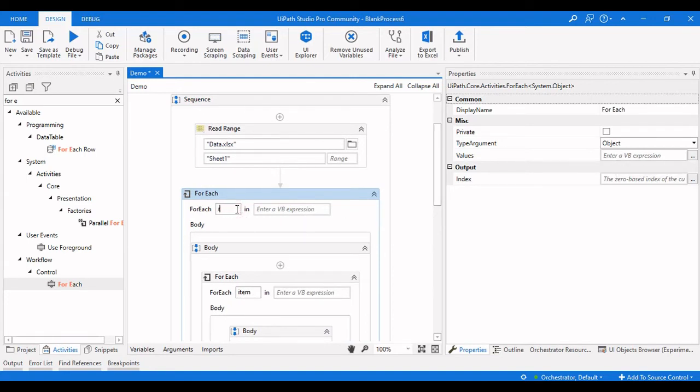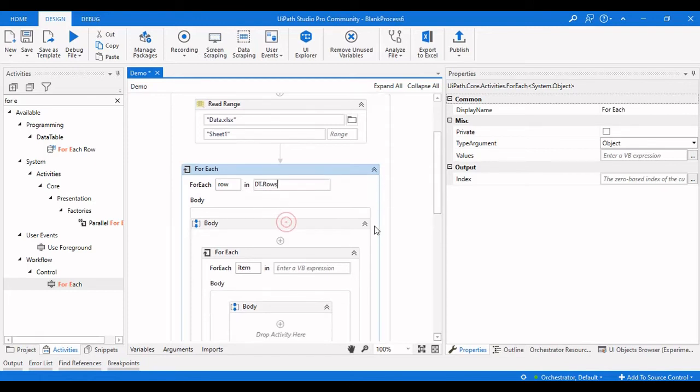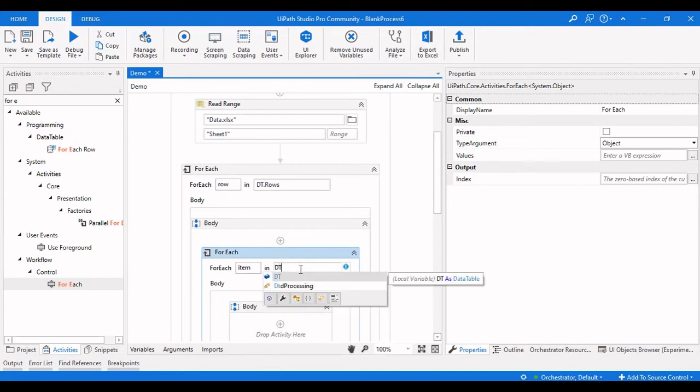So first we need to loop through the column. No, first we will get row by row, and then we will iterate through column names. So let me take it as a row, and then it is dt dot rows. So it is first dt dot rows value, and then it is dt dot columns.